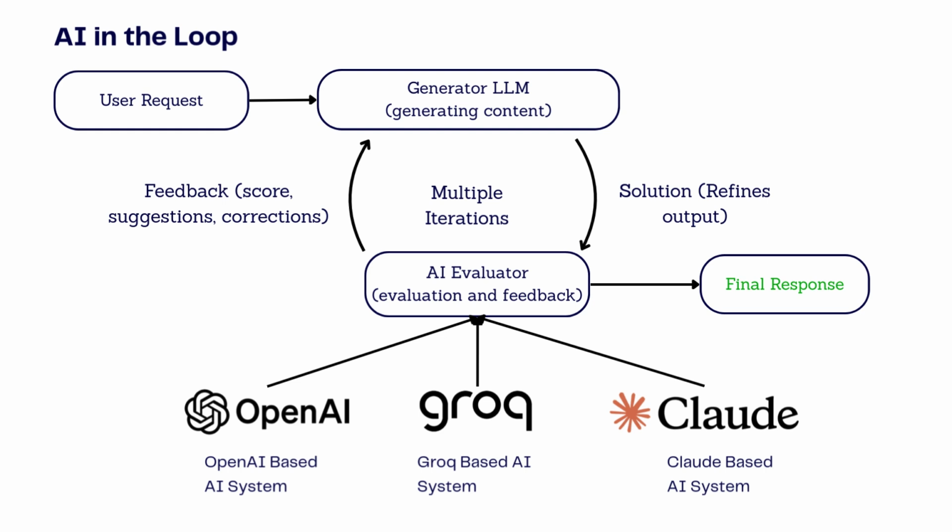The evaluation results are sent back to the generator LLM. The generator LLM uses this automated feedback to improve its output. This loop continues until the output meets the desired quality criteria. In short, AI in the loop allows the generator LLM to self-improve using automated feedback, creating high-quality outputs efficiently without needing humans in every step. It's ideal for tasks like code generation, content creation, or large-scale document review.